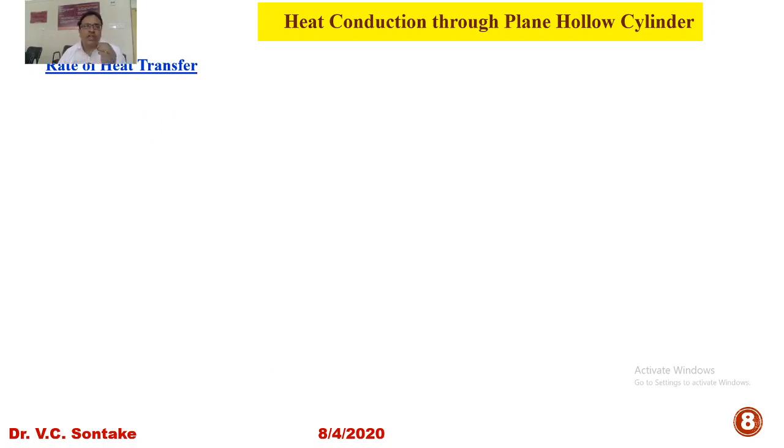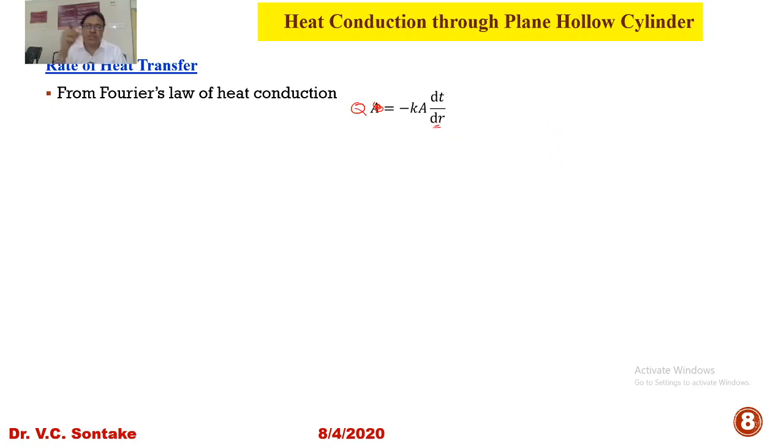Now, after finding out the temperature variation, let us find out what will be the rate of heat transfer, which is being transferred from inner to outer surface by virtue of temperature difference T1 and T2. Since we are considering one-dimensional heat conduction only, we can recall Fourier's law of heat conduction, which is Q is equal to minus KA dT over dr. Here dr is the thickness of the cylinder in the radial direction. This is also called as